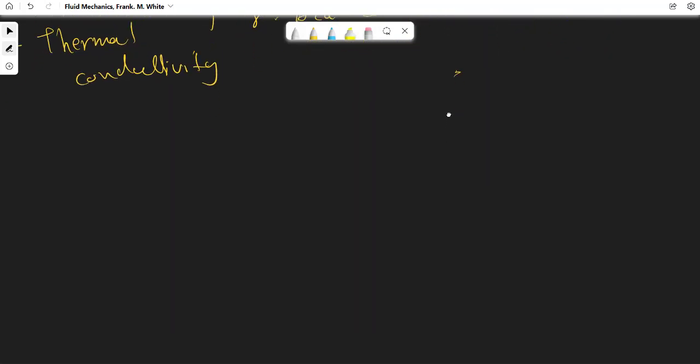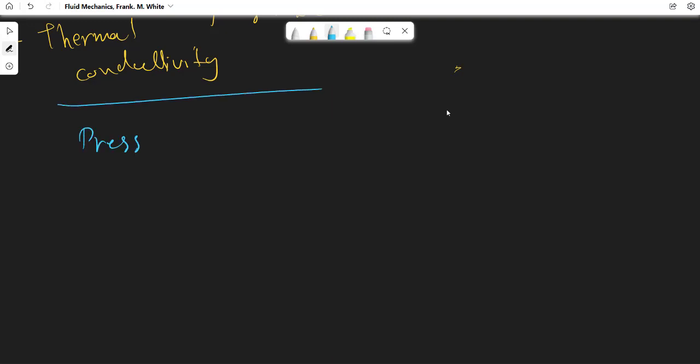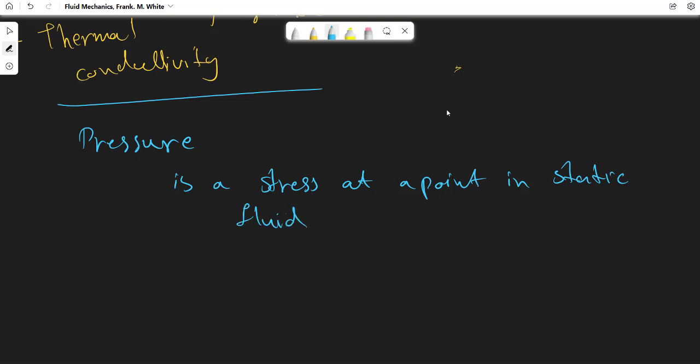So we are going to have some short definitions for fluid properties. Pressure in fluid mechanics is the stress at a point in a static fluid, and it has the dimension of pressure. The units of pressure and dimensions are, for example, 1 atm. The units of pressure equal